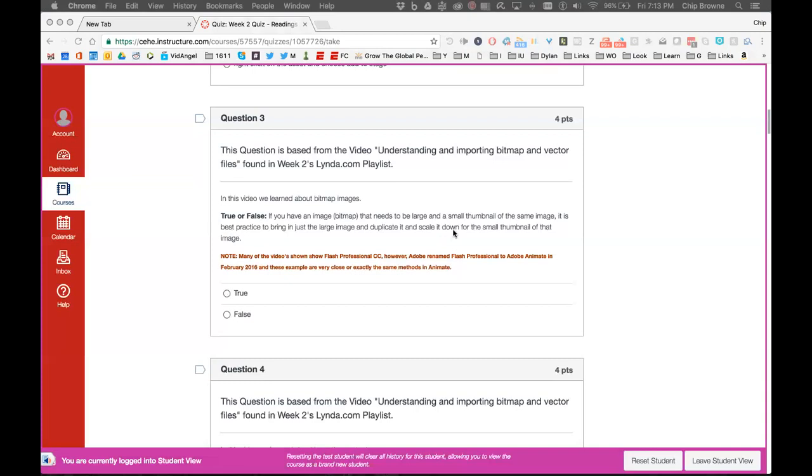Yeah, it doesn't pixelate. But even still, basically I would want to import a large image and a smaller image instead of trying to scale it in Animate. Yes, it is. You'll be one step ahead by allowing the original program, where the raw file existed,